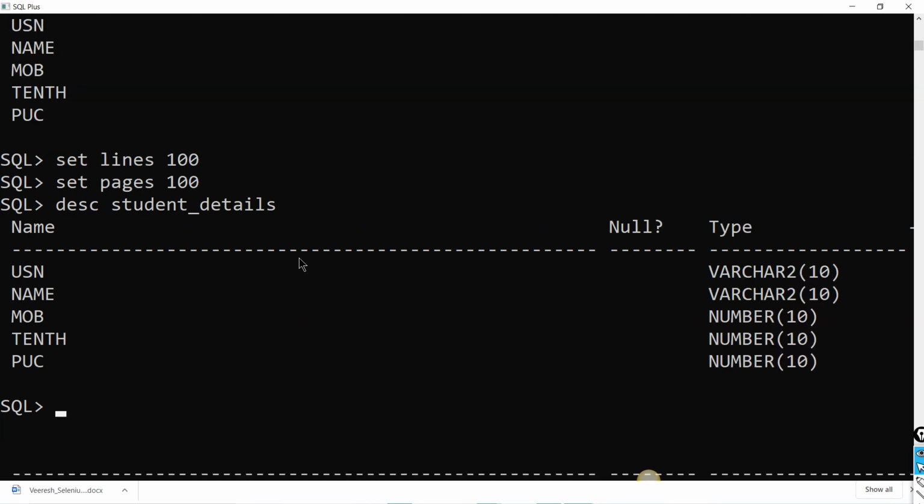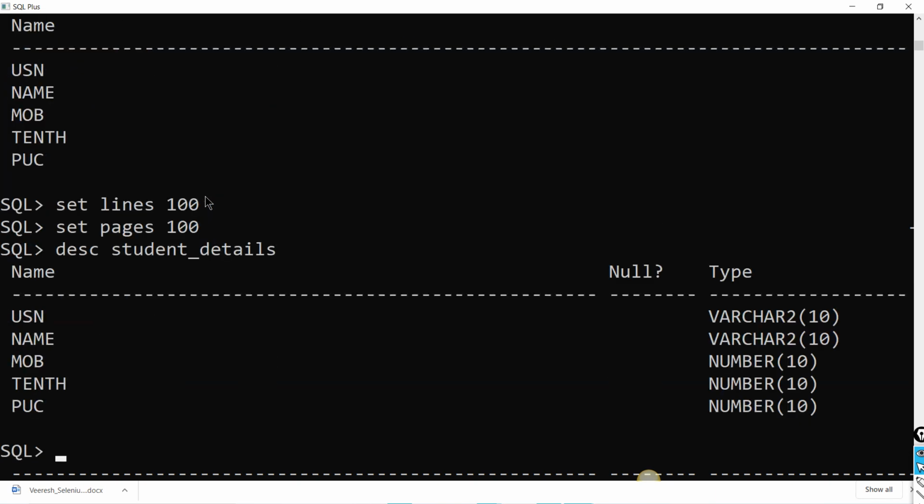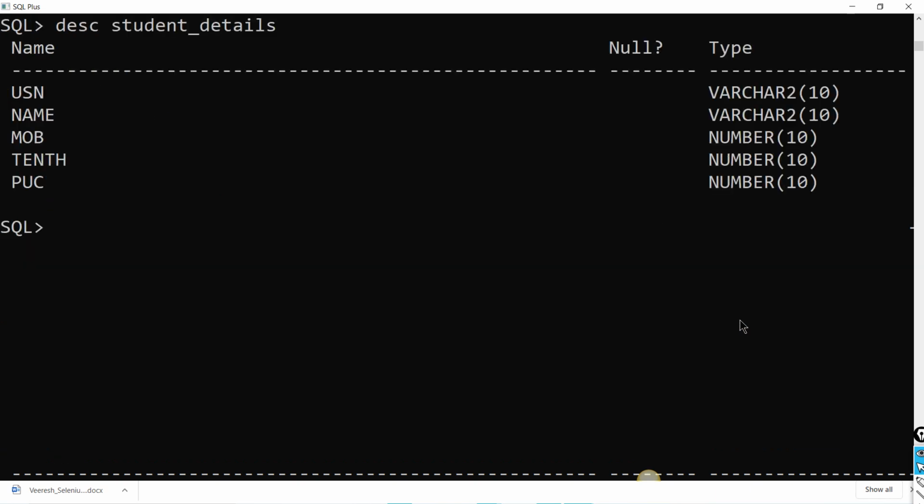Now you can see this, right? Because we had set lines to 200 and pages to 200, that is why it was expanded here. But here it is proper now. Null, and this is what the data types. Null means what? Later we'll discuss about this null column. Next,